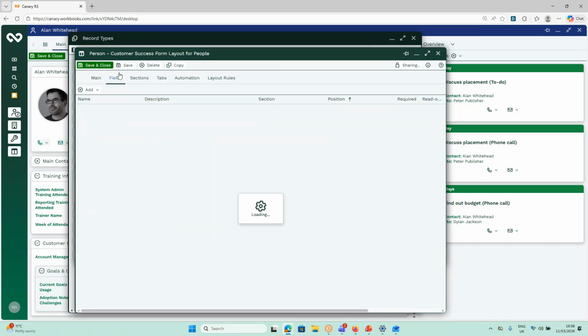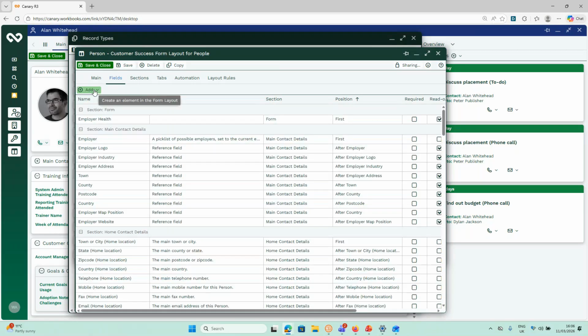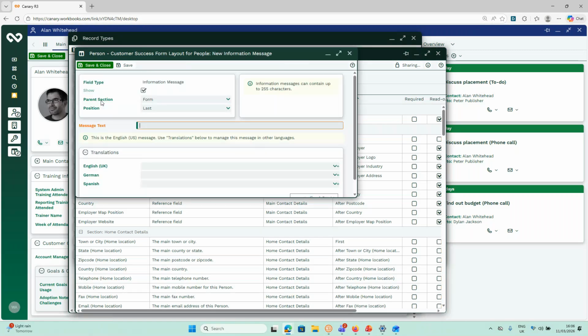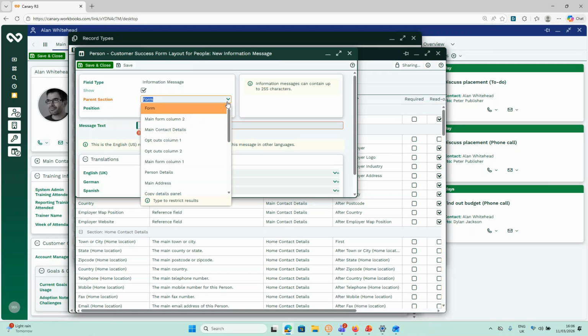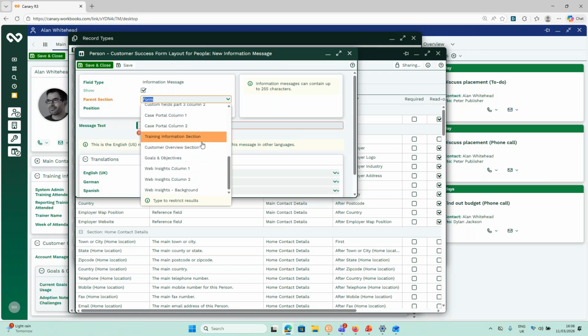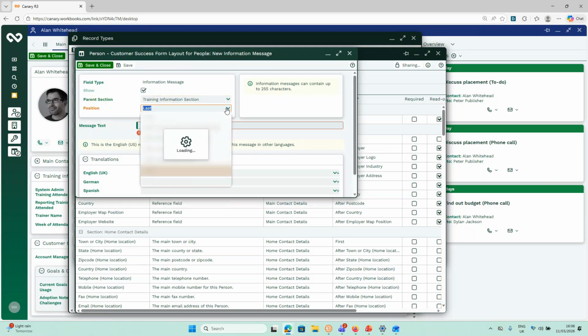And then you go to the Fields tab, and you'll see there is a plus add button. If you click the drop down next to it, you will see options for information message and reference field. I will select information message. Under parent section, our week of attendance field sits within the training information section, so I'm going to select training information section, and its position will be just after trainer name before week